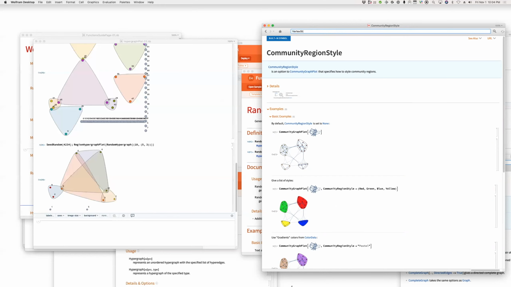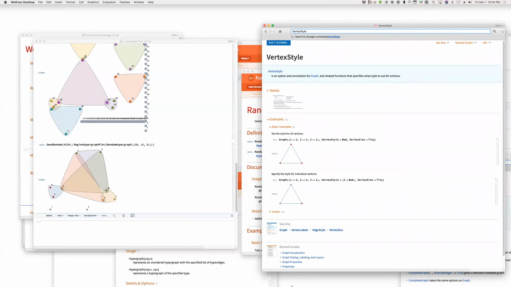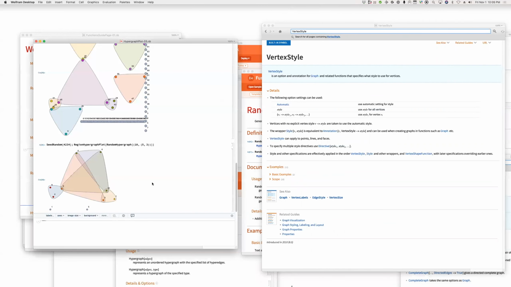Okay, vertex style. Okay. So if I say vertex style arrow none,